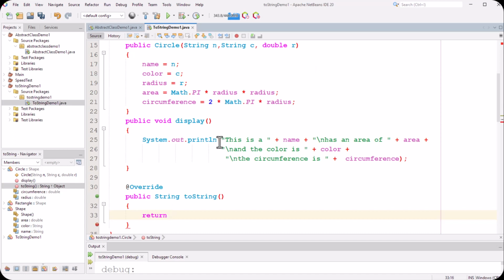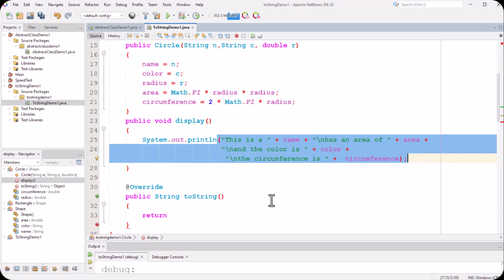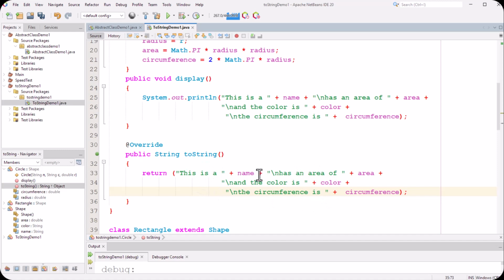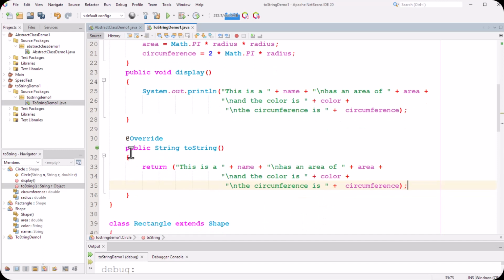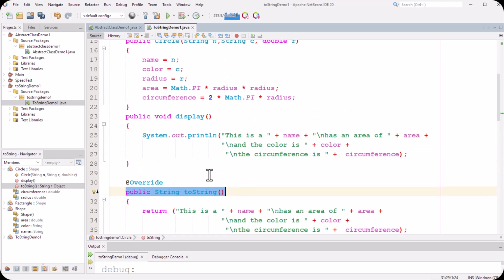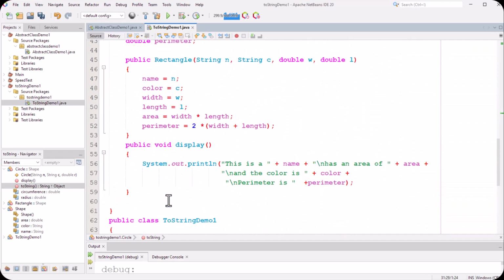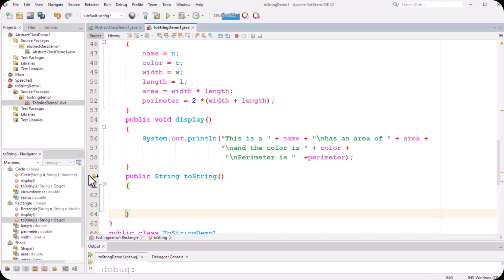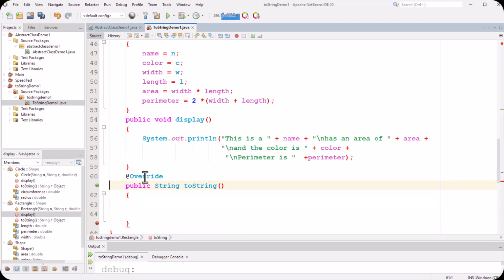Now what I do, I simply copy paste this whole thing here and put it here, right? Now this is a string. You can create the string, I mean whatever shape you want to display. So this is completely a return. It's going to return this complete string. Now I'm going to do the same thing with this was circle class, right? So I have to do it in the rectangle class also. And again you can see here it is asking us to put the keyword override, and I do the same thing once again,